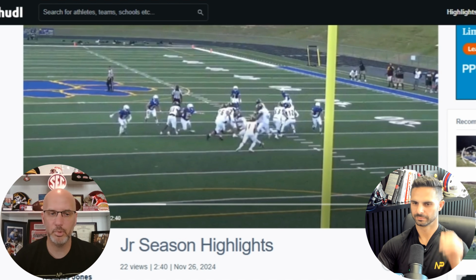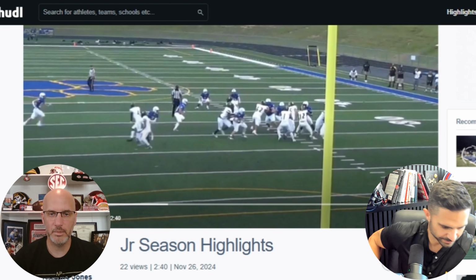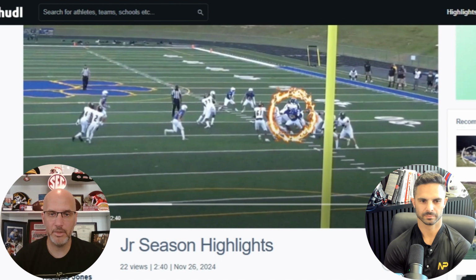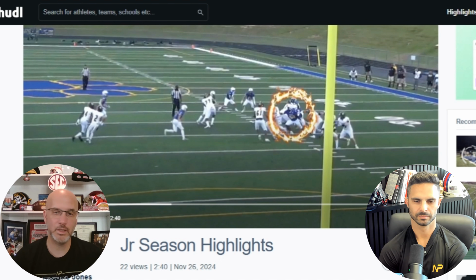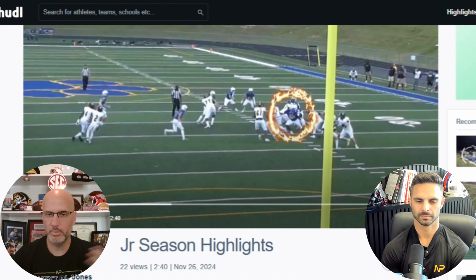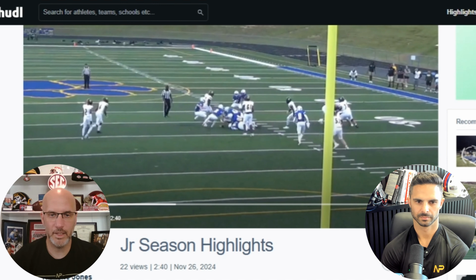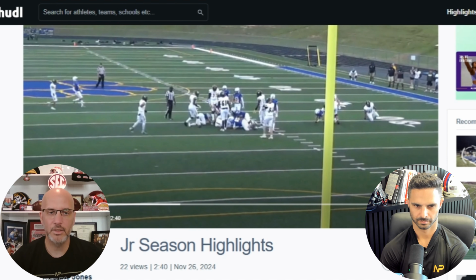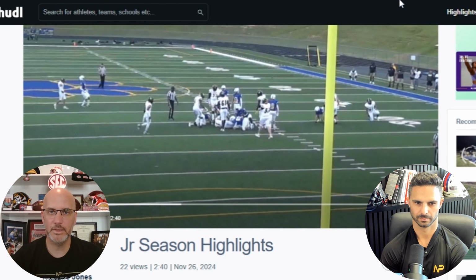Okay, and I'll tell you why this is important. This is the very beginning of the play. See, you don't see him, and now he's circled. The ball carrier's already got the ball. You know what I mean? The play's already in motion. And he makes a good tackle redirecting. I'll stop it so I can talk about this, and then I'll let it keep playing. But the reason that's important,